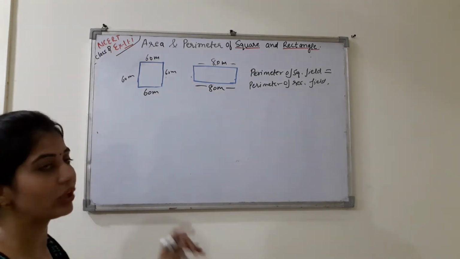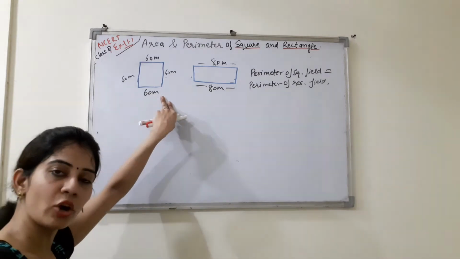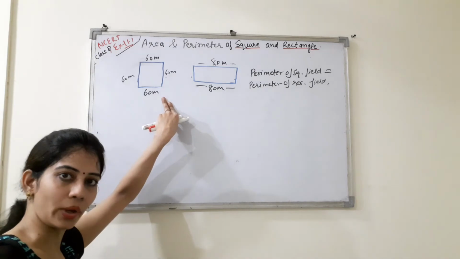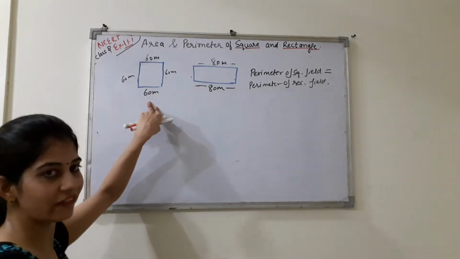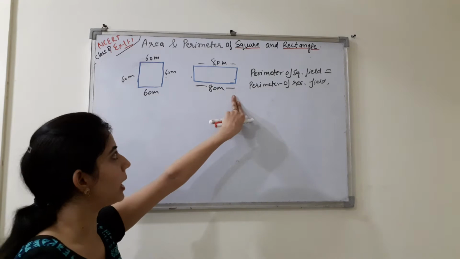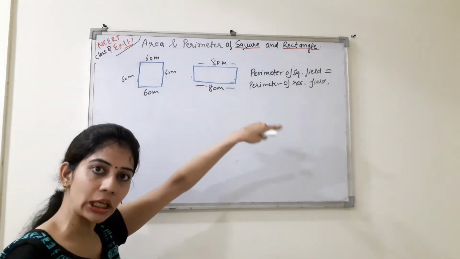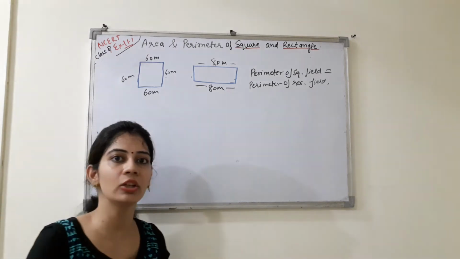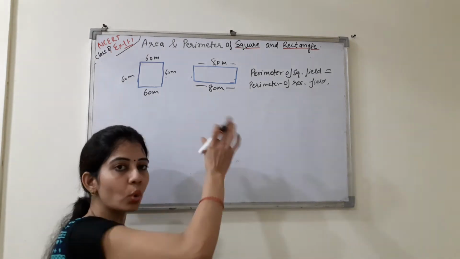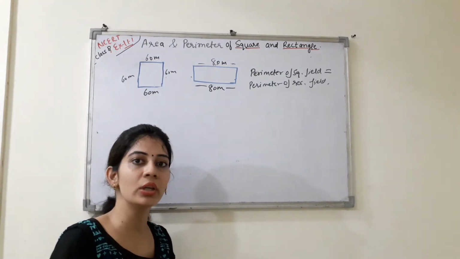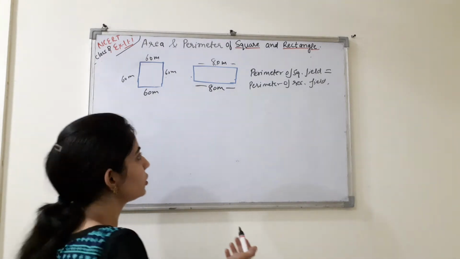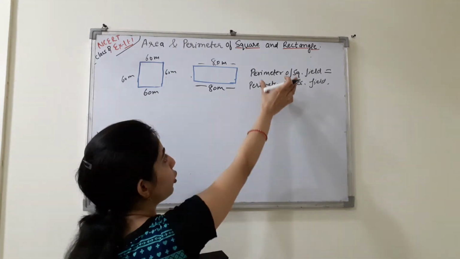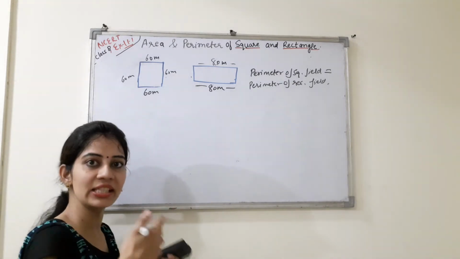See, what is given to us here? First we will see what will be the area of the square, that is your side square. It means side into side, so that you can find, right? But if we are talking about the area of the rectangular field, the area of a rectangle is length into breadth. You have been given the length but you have not been given the breadth. It means first you need to find out the breadth. So how can we find it? By using the perimeter, right? Because both fields have the same perimeter.